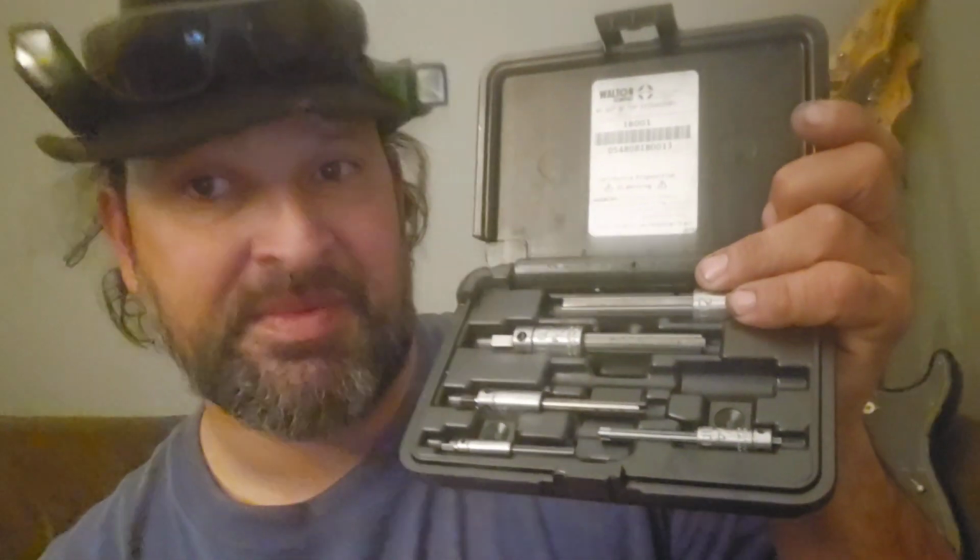tap sockets, is this. This is coming from Nuts and Bolts with Tone as a former member. I didn't know about these things until I saw this video. These are the Walton tap extractors. This particular kit is the number 1 set of tap extractors, part number 18001. Now, these things change how I work because I break a lot of taps somehow, and all it is is that. And it's a 4-flute one. You break your tap, you put that down in there, boom, pull your tap straight out, guys. Nice and easy. This is the biggest recommendation, along with those tap sockets from Lisle, that I would purchase for